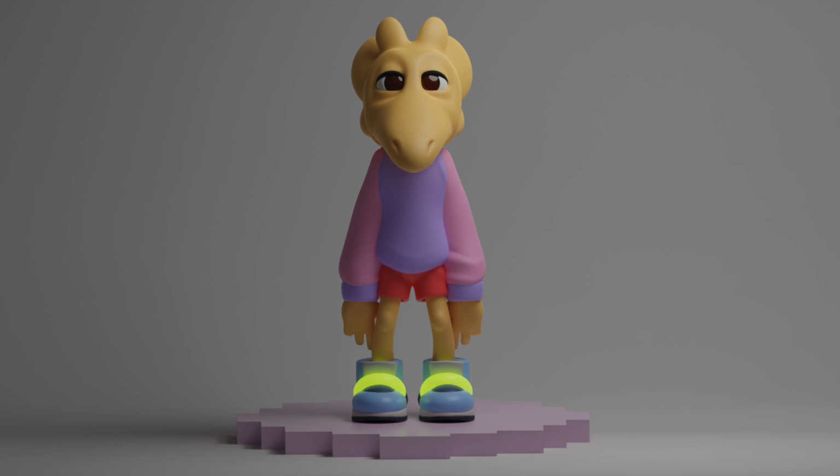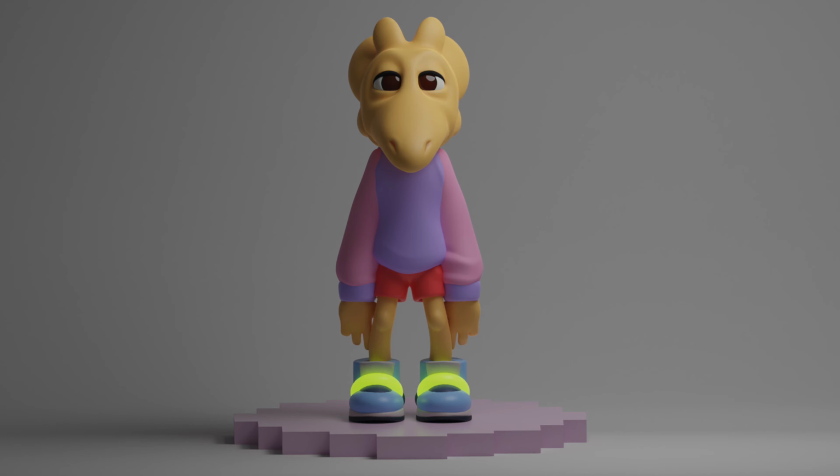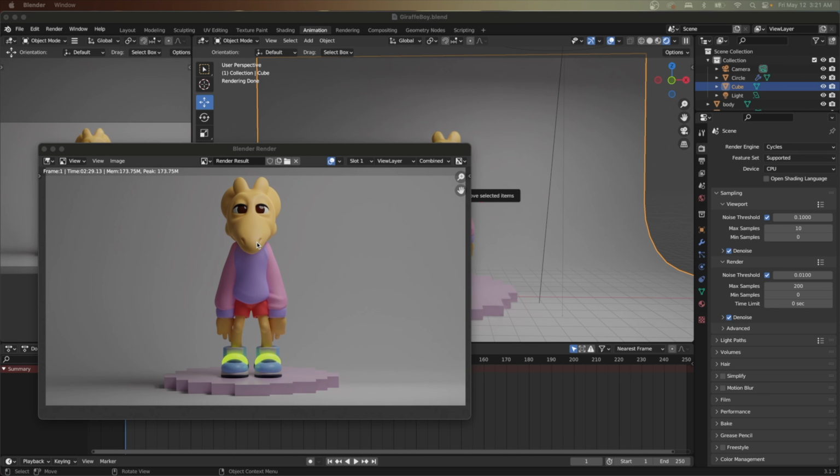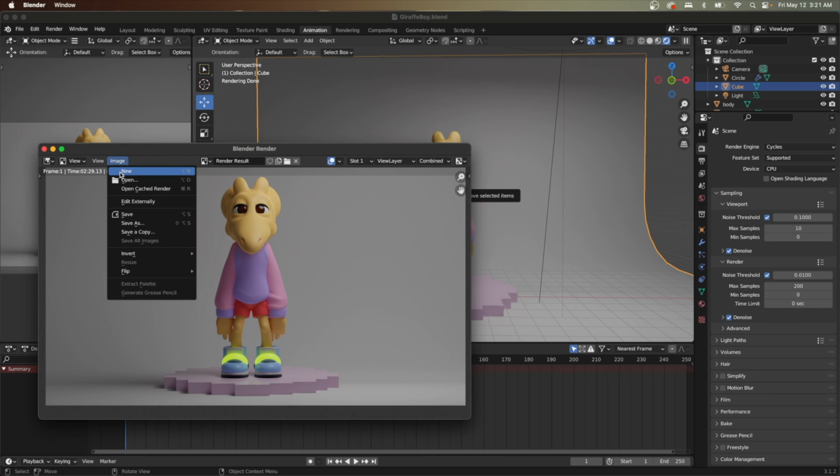All right, well here is the Cycles render. I think it looks pretty cool. I actually like it. I think we could probably put, might be nice to put another light over here, or maybe make it a little bit darker in the background, or make the scene darker. But ultimately, I think that looks pretty good. I don't know if I'm going to keep it because I might do it at a higher resolution. Well, I'll keep it since it's the